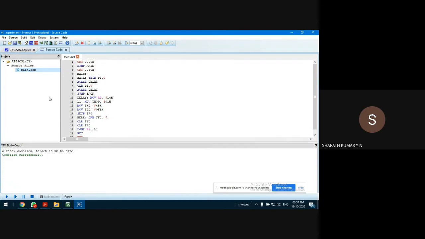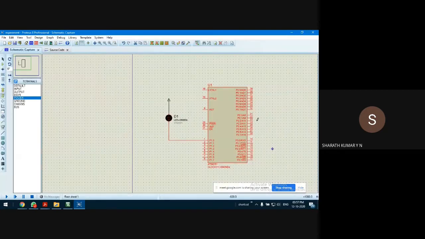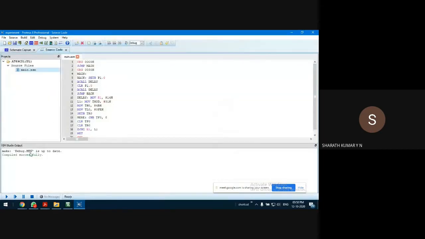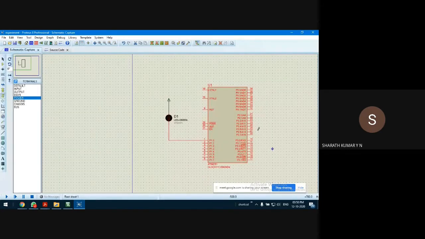Okay, yes, guys, what this process does basically is check for the syntax error. Also, observe one more thing here. When we do the compile, you can see make debug.x. Debug.x is the X file, the binary file for our program generated by the compiler, which is used in the simulation of the controller. So this Xcode is very important. This Xcode is what we basically want to simulate the environment, our hardware setup here. Okay, fine, very simple. This is using Proteus to edit the code.